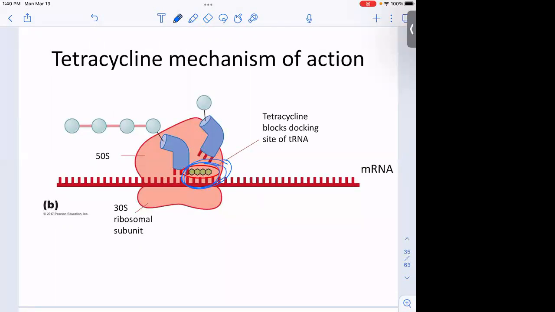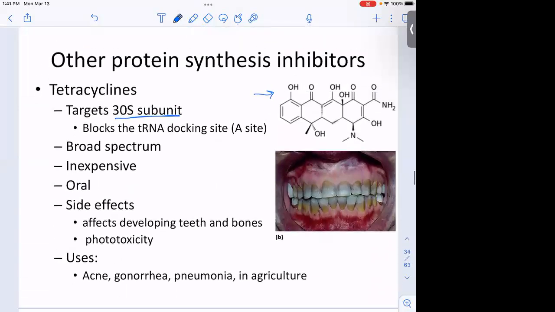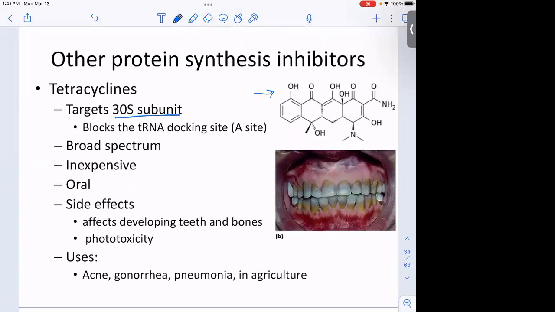So we would say that this drug is not killing the organism, but it is keeping it from growing. It's keeping it from making any new protein. So sometimes we say it's bacteriostatic. That's usually good enough to give our immune system kind of a little bit of a head start. Another broad spectrum drug, very cheap. Okay, so right from the get-go, we're able to produce that really inexpensively,